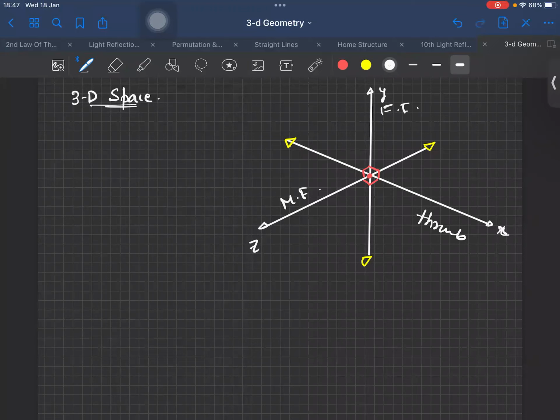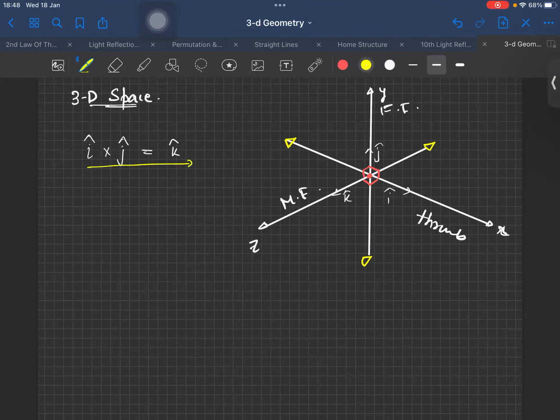So these three are positive axes, right? That's why we write x cross y. In vectors, you'll study that x cross y is positive z. That's why it is important to study using vectors, but vectors are not there in the syllabus. In terms of unit vectors, i cross j is equal to positive k. Positive k means unit vector in the z direction, i is the unit vector in the x direction, and j is the unit vector in the y direction. So it will always follow the same order.